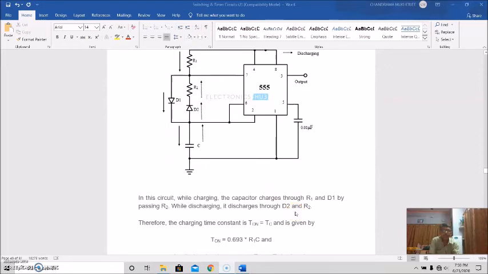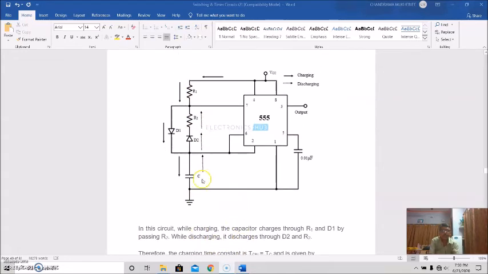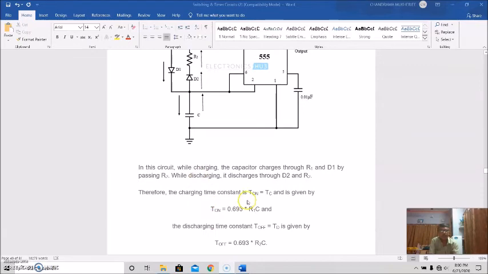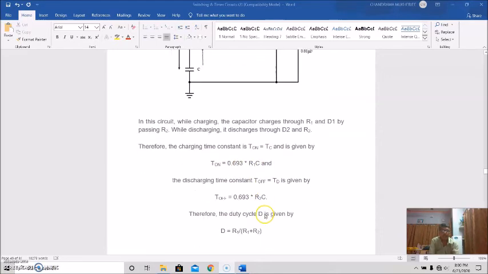R1 and D1 is the path of charging the capacitor, bypassing R2. While discharging, it discharges through D2 and R2. Therefore the charging time constant Tc is given by 0.693 into R1 into C, and the discharging time constant Td is given by 0.693 into R2 into C. Therefore the duty cycle is given by